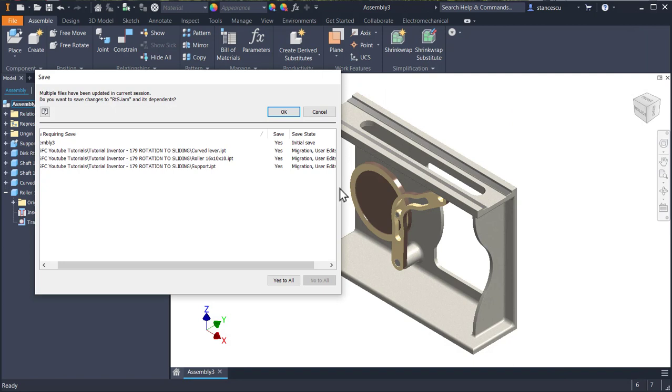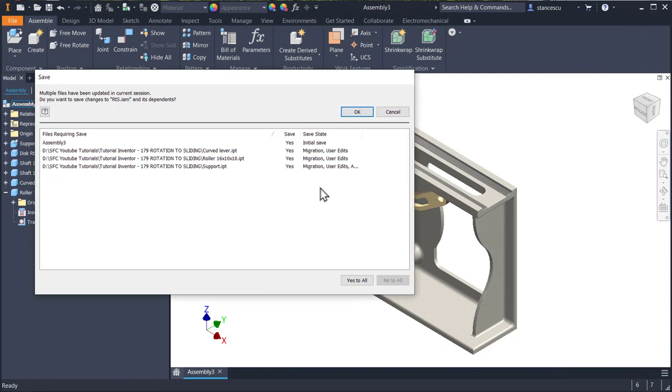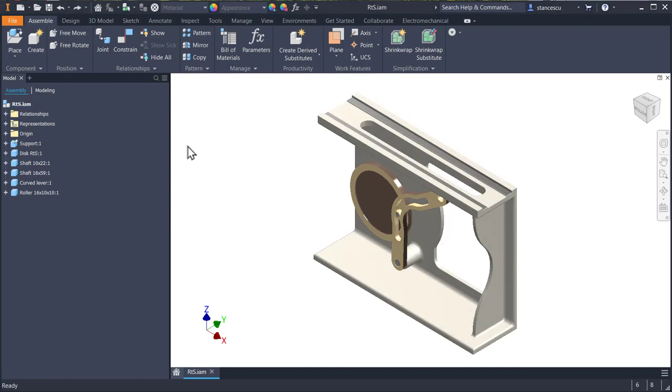As you can see, because we changed some parts, it appears a migration from Inventor 2014 to 2021 for myself, and for you it is 2021, 2020, any release of Inventor you have. Okay, we continue with adding other components like this one, the lever, simple lever, and also